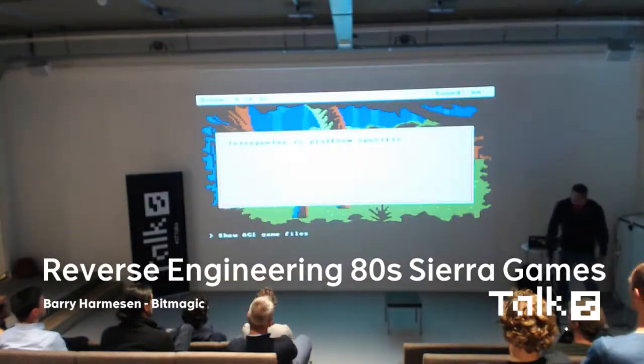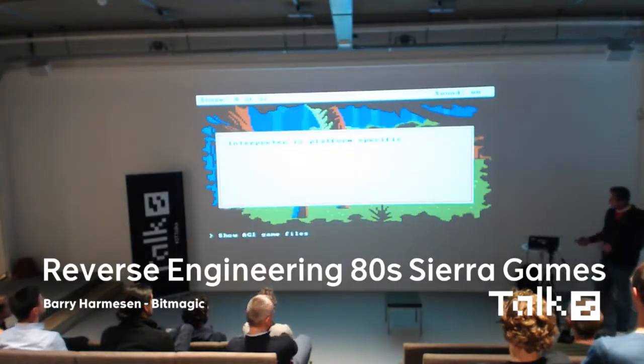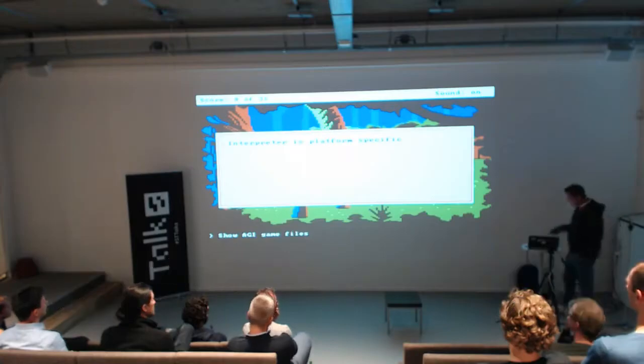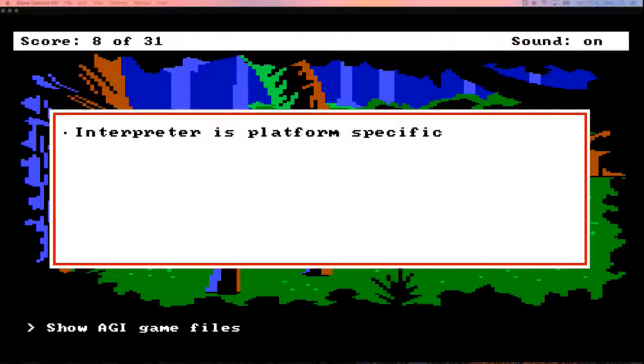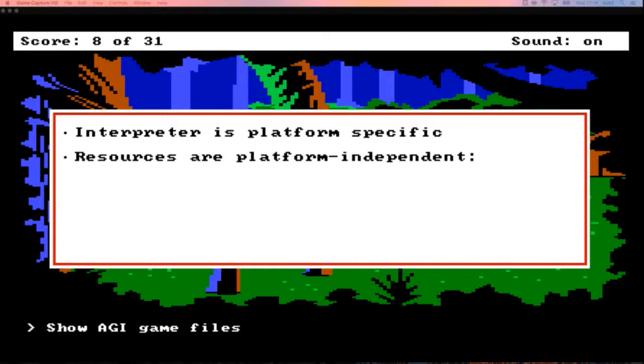So the AGI files, as I mentioned, the interpreter is platform specific, so you can get an interpreter for the Amiga, for the Atari ST. But all the resources are platform independent, so all the pictures and so on. And these are generally log dir, view dir, pick dir, sound dir, so the game logic, the game sprites, the game backgrounds, and the game sounds. And that's the dir files